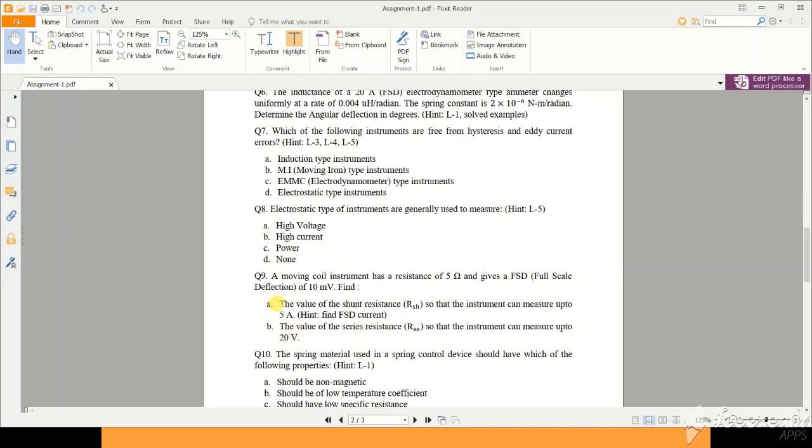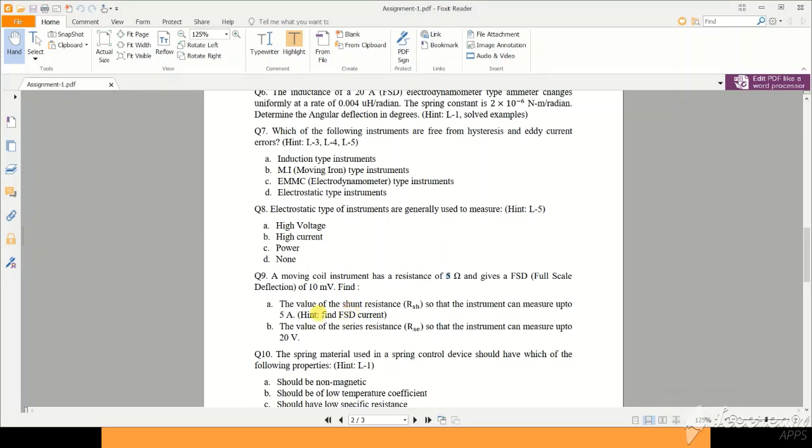And for question number A, you need I of the meter, that is the current that corresponds to the full scale deflection, that is IFSD. I think I have written here IFSD current as a hint, right? So how can you find the IFSD? The meter has an internal resistance of 5 ohm and its full scale deflection voltage is 10 millivolt. So full scale deflection current is what? V is equal to IR, Ohm's law. So I is equal to V full scale deflection divided by Rm, the meter resistance. So 10 millivolt divided by 5 is the full scale deflection current, right?